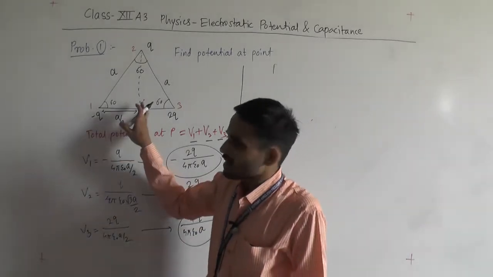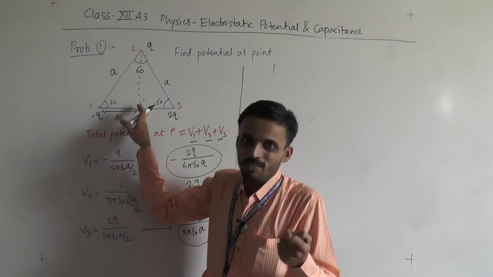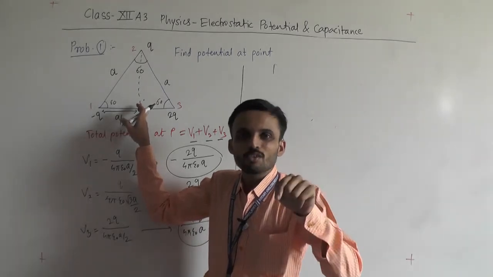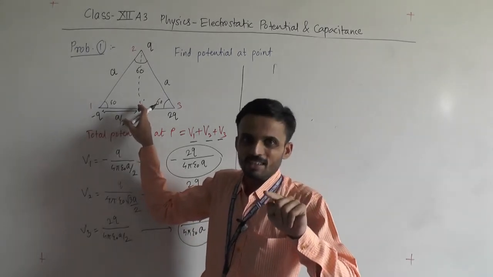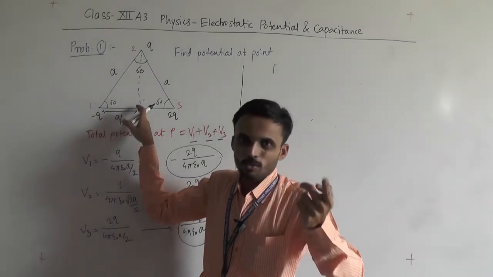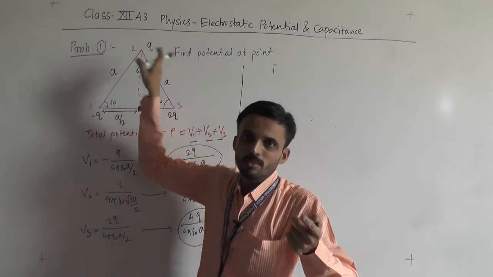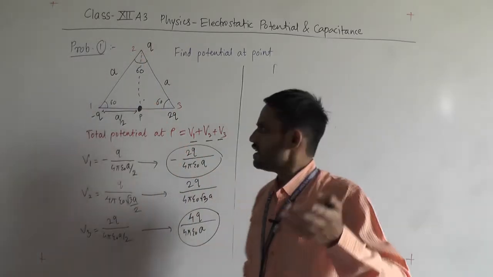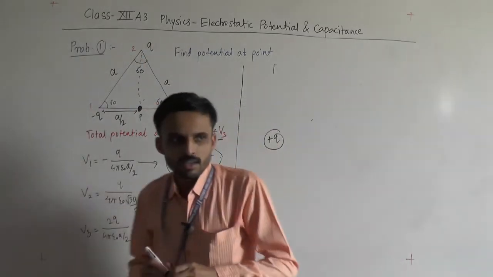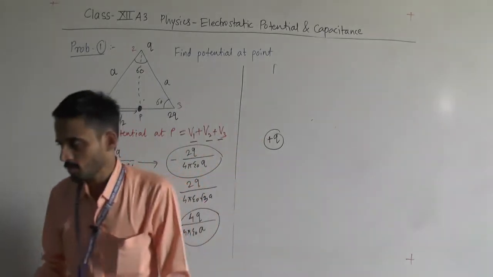And here I have not given any charge at P, so I will consider that charge to be a unit positive charge. That is my test charge. So consider the test charge at P and source charges at other points, minus Q and Q and plus 2Q, then automatically W upon Q, your answer will come.